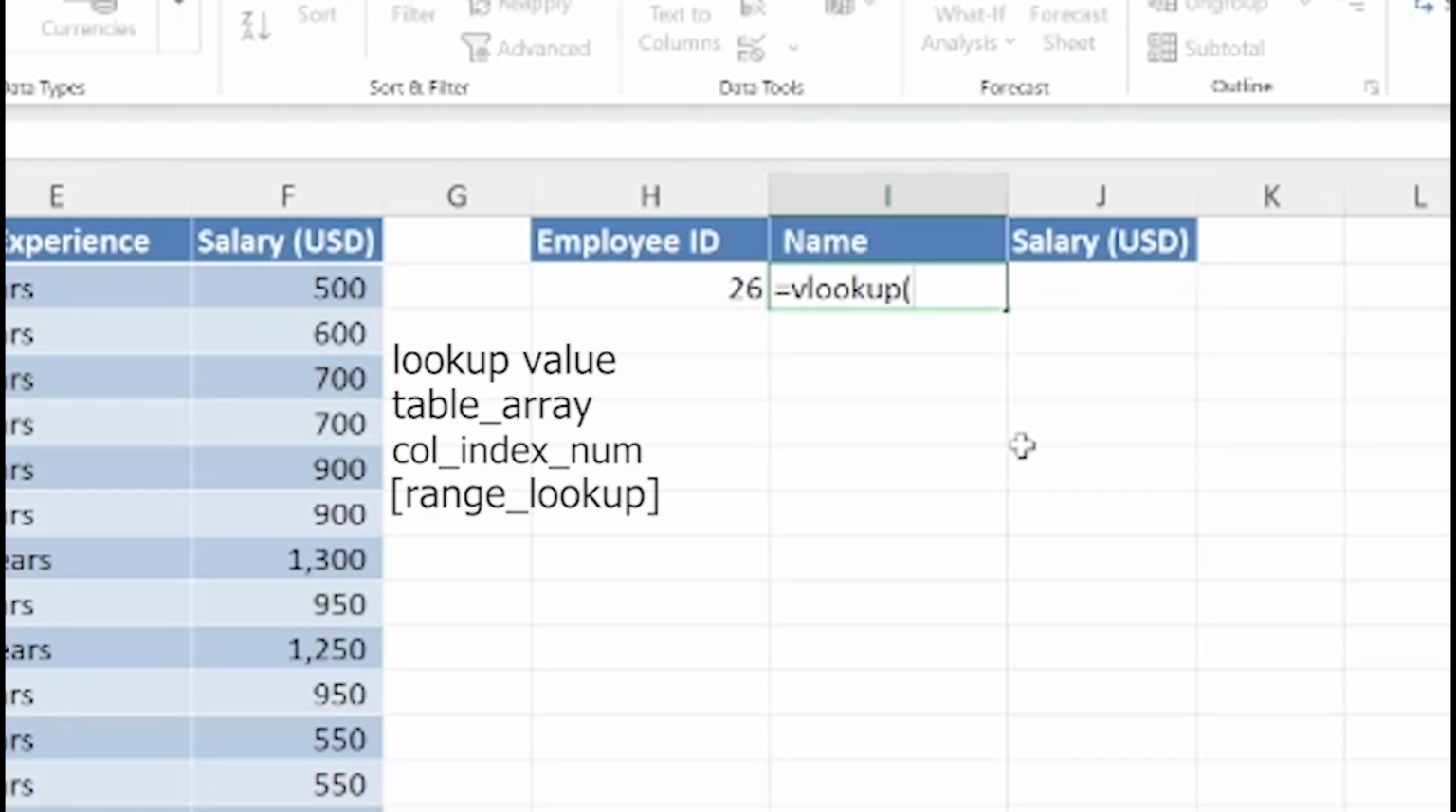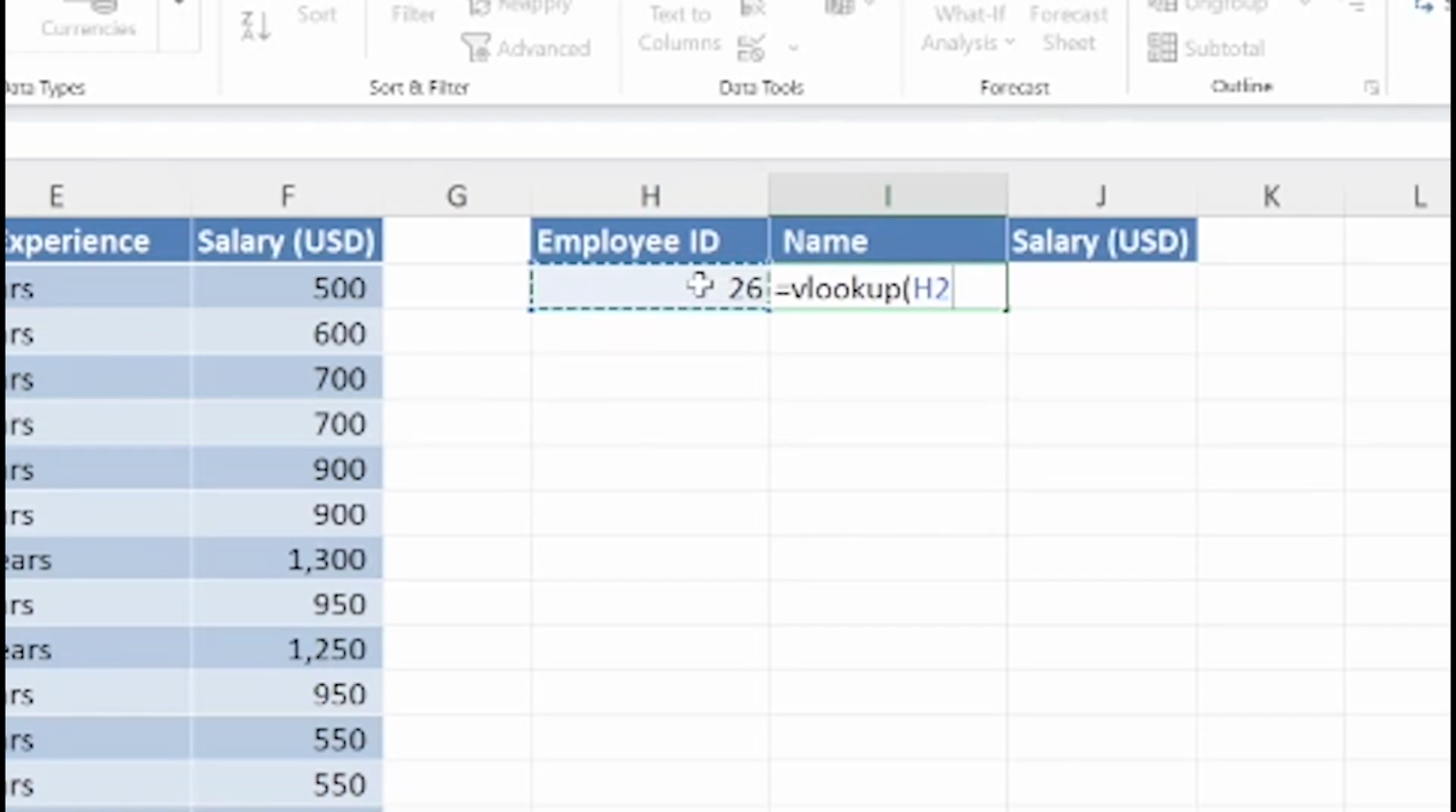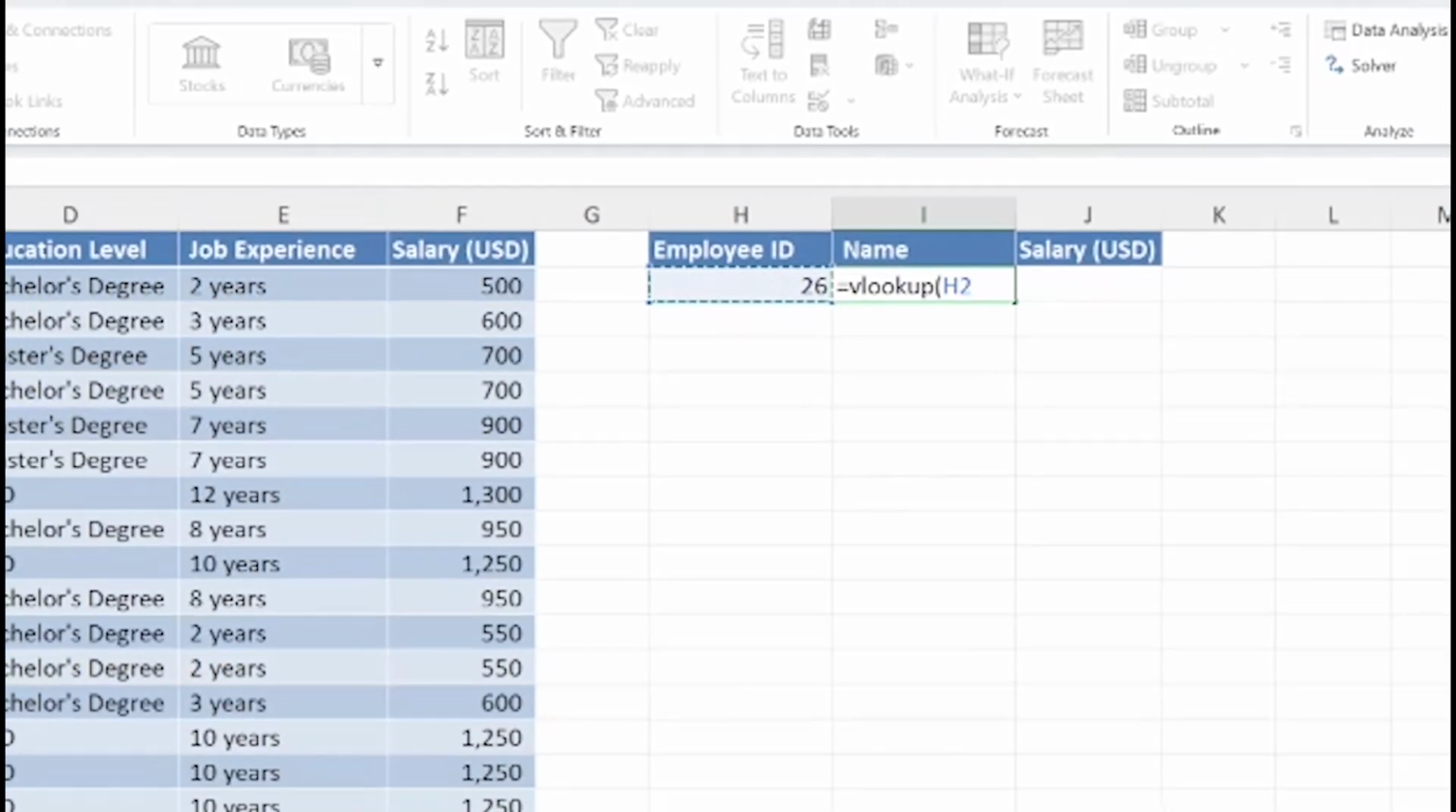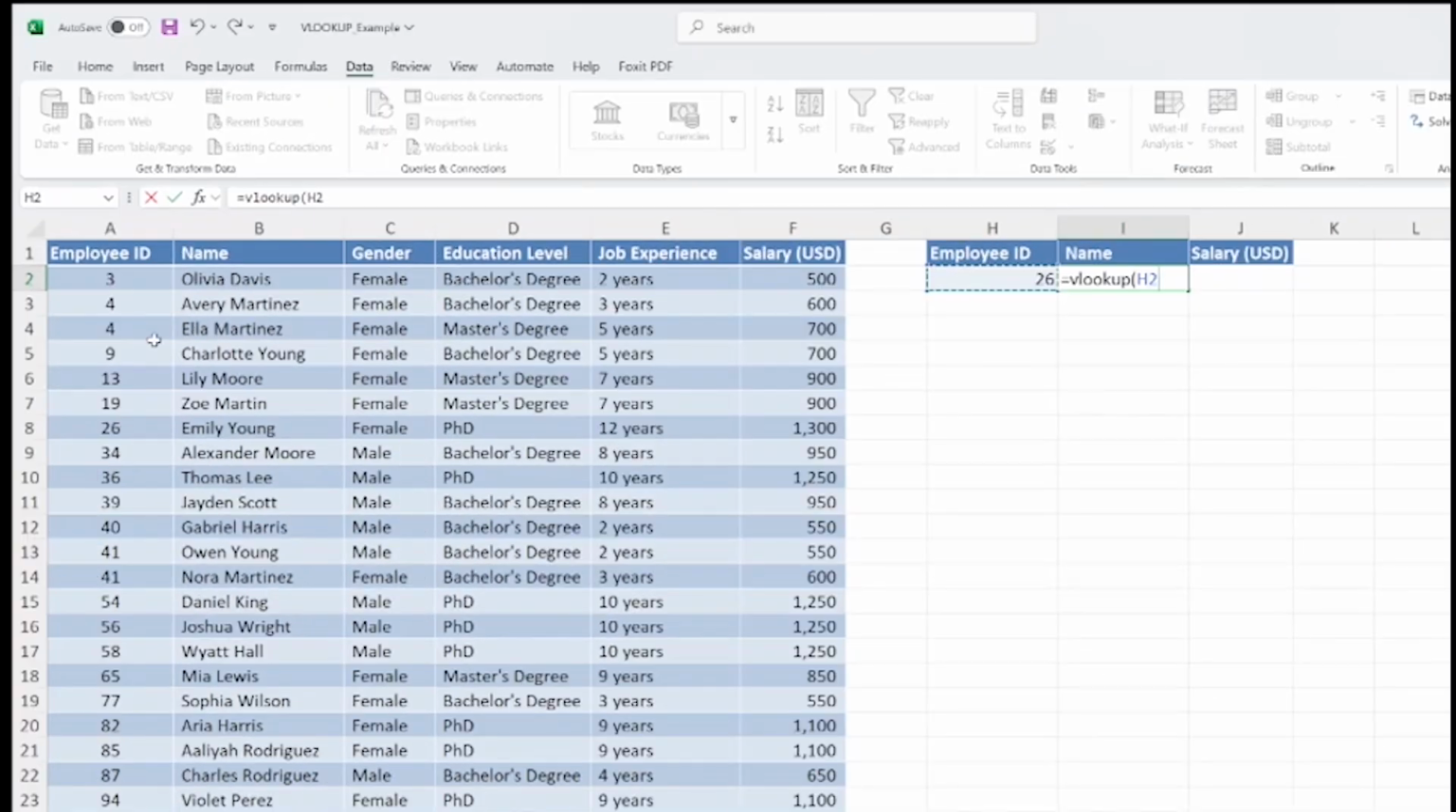Lookup value is the value you want to search for in the first column of your table. For example, we will use the employee ID, that is 26, and we have entered it in the employee ID column. So we will select lookup value. The next is table array. This refers to the range of cells containing your data. Ensure the range includes the column you are searching and the column with the values you want to retrieve. But for simplicity, we will select the complete table here,